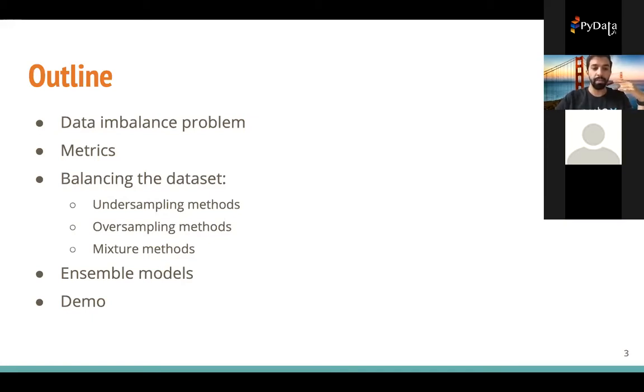Basically, these are undersampling methods, oversampling methods, or a mixture of methods that try to combine both. And then finally, I'll talk about ensemble models, which are a class of machine learning models that work very well when trained on imbalanced data sets. After that, we're going to move to the demo using Google Colab.